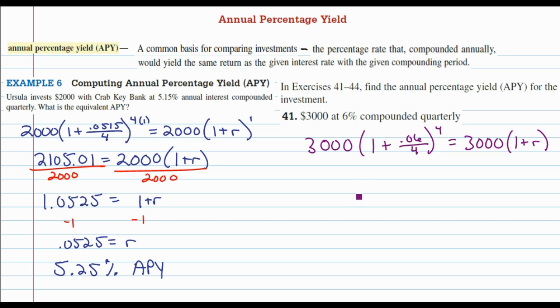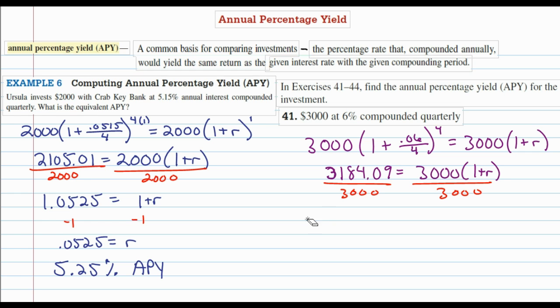So on the left side, I'm going to calculate how much money this person would have in their account after it was compounded quarterly. So at the end of the year, this person will have $3,184.09, which is going to be a little bit over 6%. So I need to solve, I'm going to divide both sides by 3,000. This person has